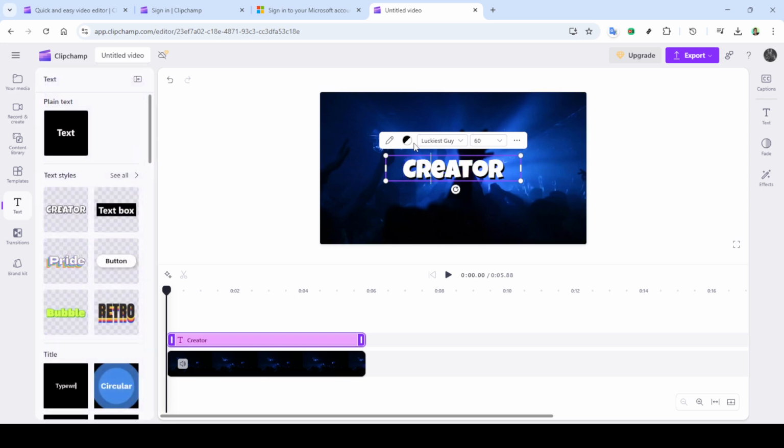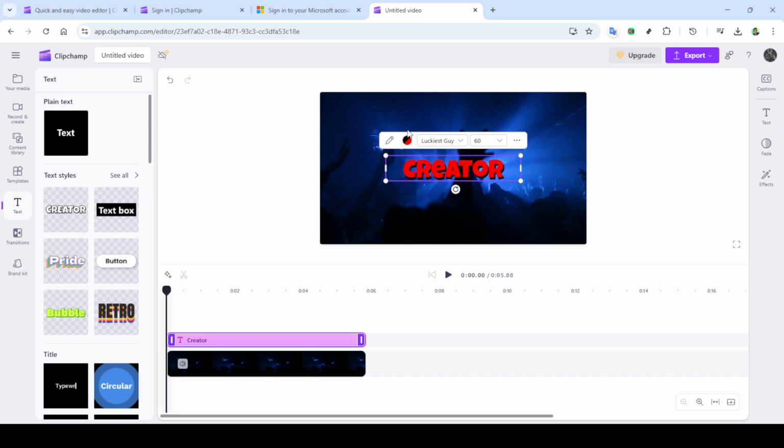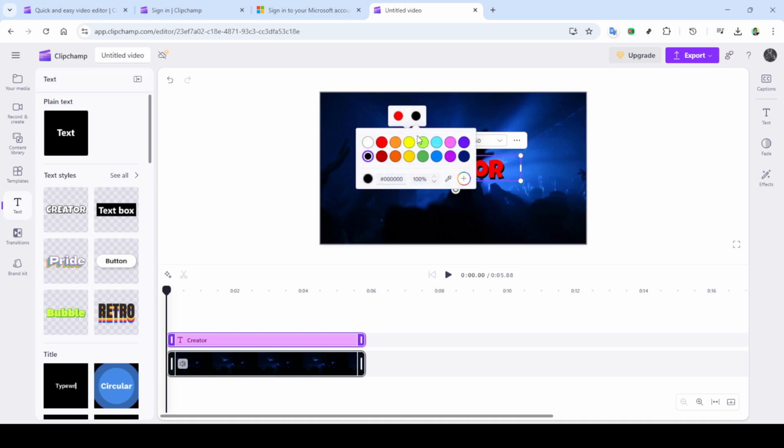With your text in place, it's time to customize it. Click on the text in your timeline, which triggers a pop-up menu featuring various editing options. This is where you can truly make your text come to life. Select the color option from this pop-up menu. Here you have the ability to alter the text's color, offering flexibility to match or contrast with your video's visual